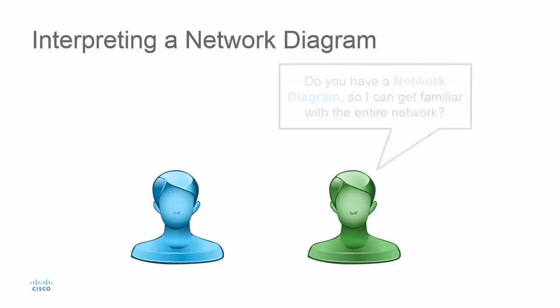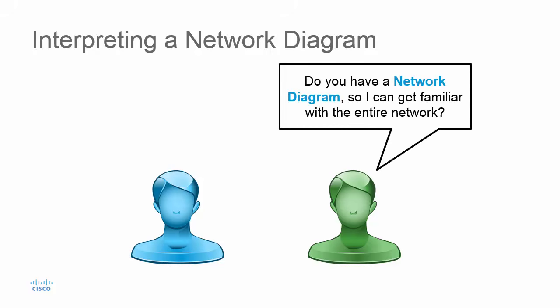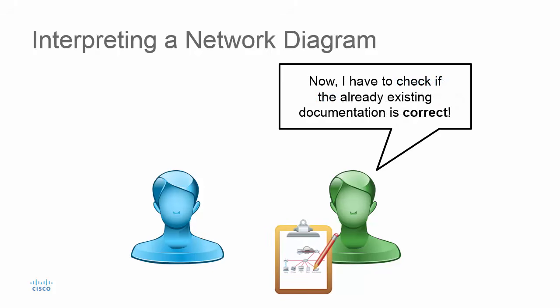Basically what you need is a network diagram, a map of your network. So when you start off as a network administrator, you have to first build such a map if it hasn't been done before. But if you already have a map, then you have to check if the existing documentation is correct. And usually, documentation isn't purely a representation of the physical topology or the logical topology, but it's usually something